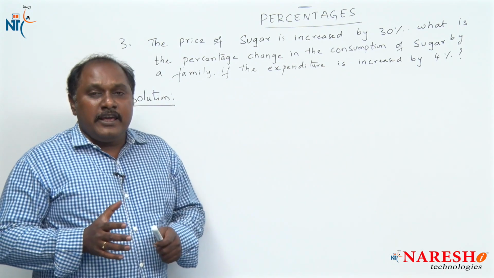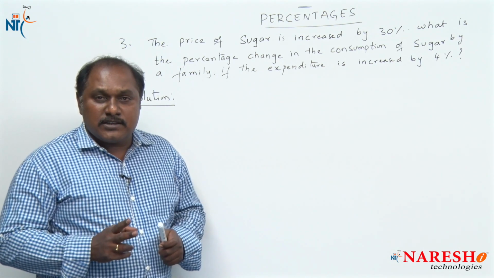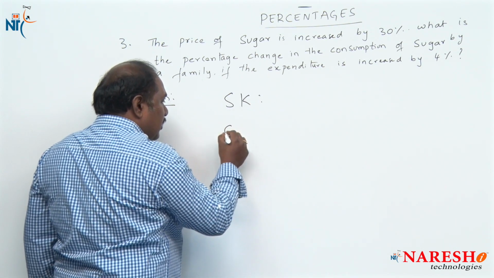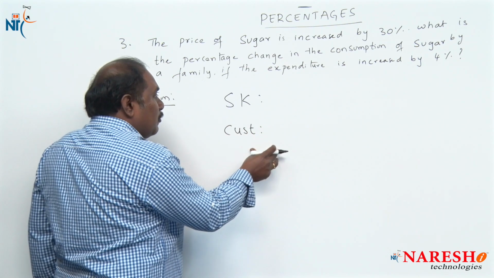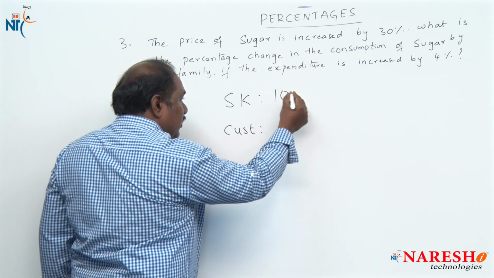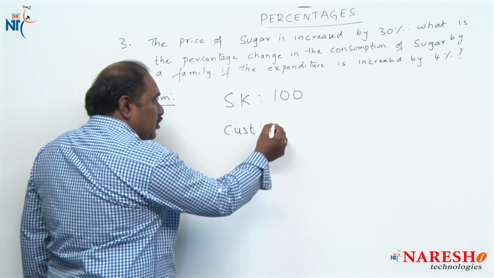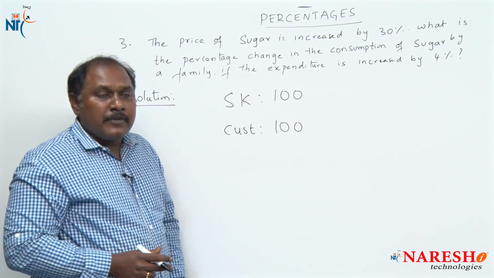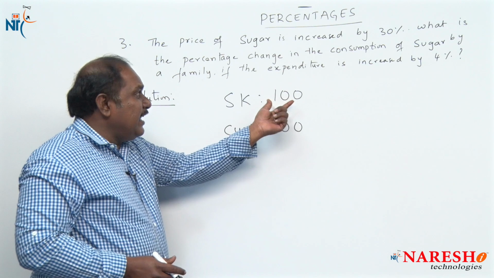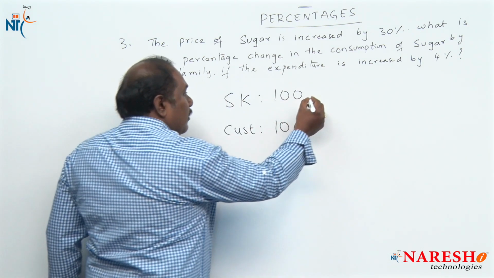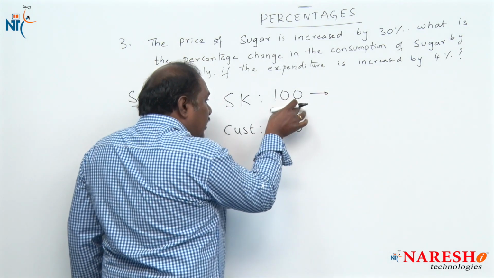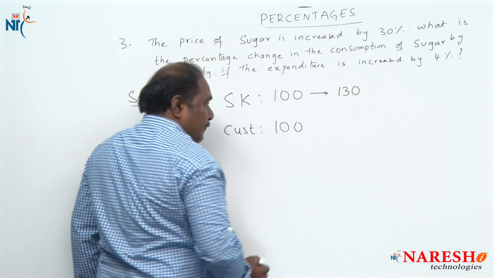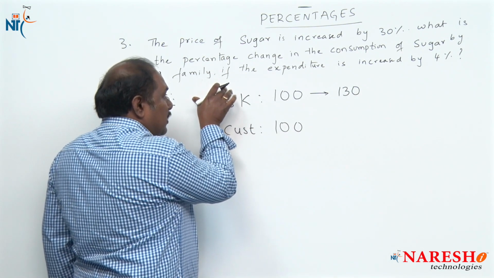Logically, we have to think in two ways: one like a shopkeeper, the other like a customer. Assume the initial price of sugar is 100 rupees. So definitely the customer should bring 100 rupees to buy that sugar. Now the shopkeeper increased the price of sugar by 30%. So 100 rupees worth of sugar is now available for 130. But the customer